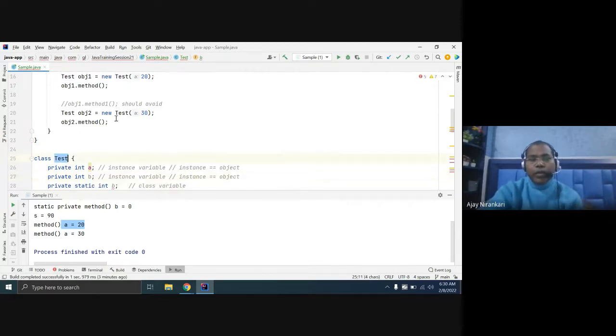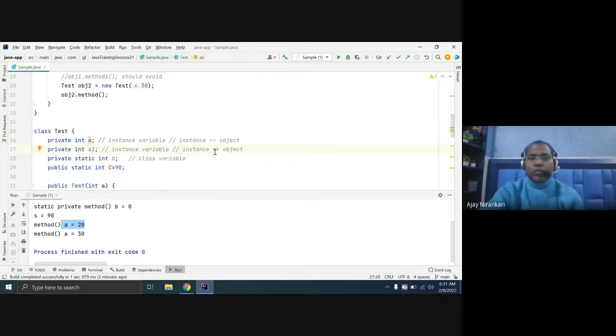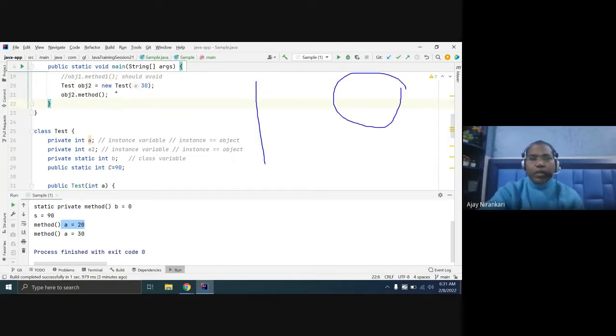Whenever you create a new object for the test class, it has two instance variables, so memory is allocated for A and A2.